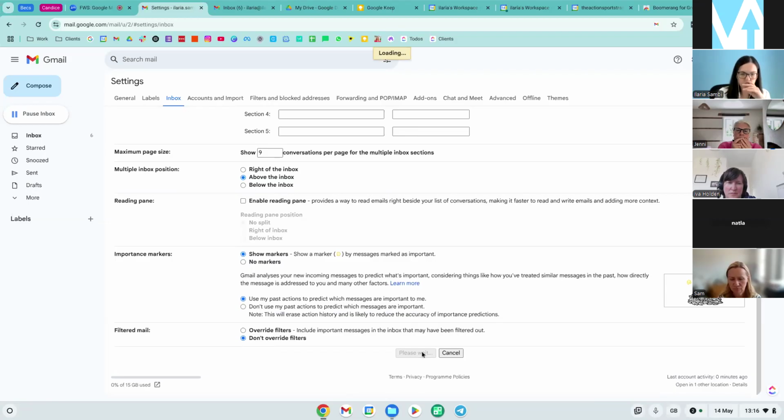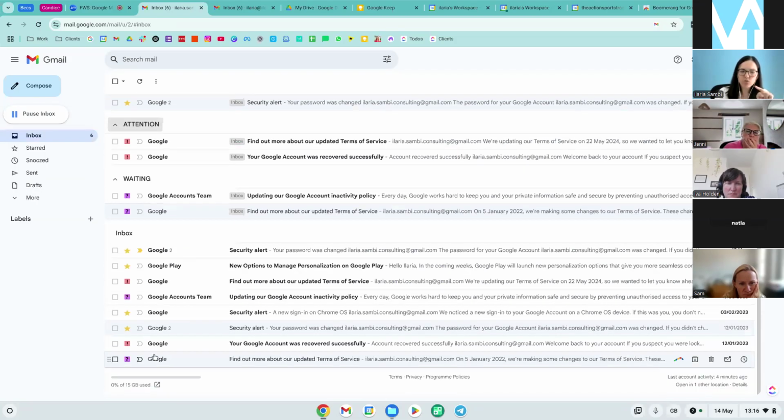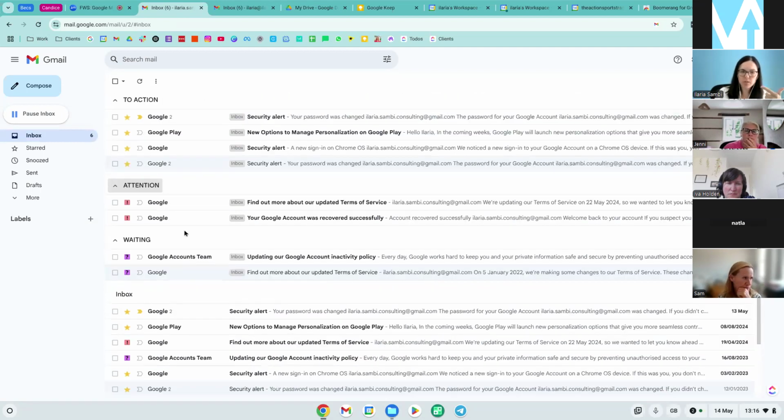So after you save the changes, now there we go. It's gone back to my inbox. You see that not only has it marked them here, but it's also divided them into multiple inboxes. So the thing that I don't really like about this sorting is that you kind of have a duplicate of all emails. So all the emails will be in the inbox plus where you put them here. So you don't have 20 emails, you only have 10 here. It's just that they are put in different sections apart from the inbox.